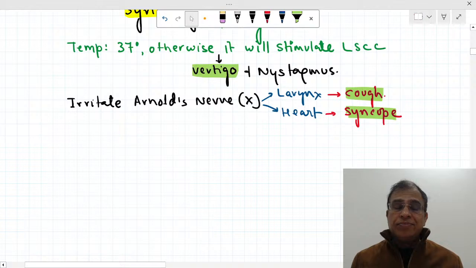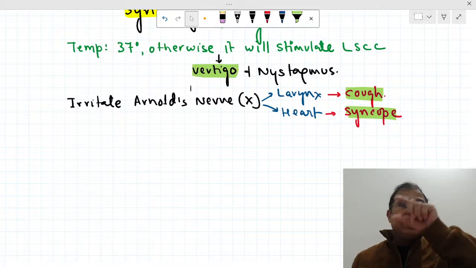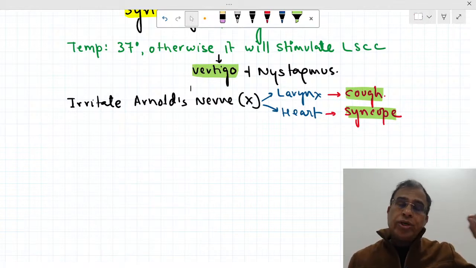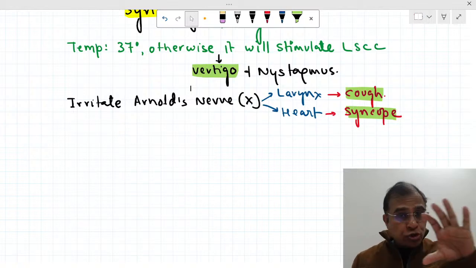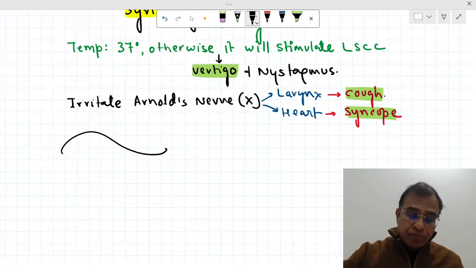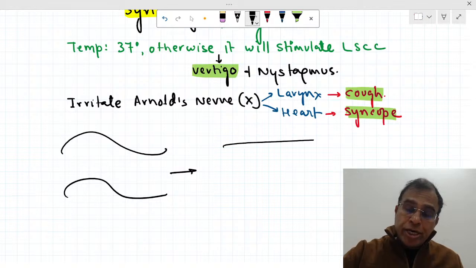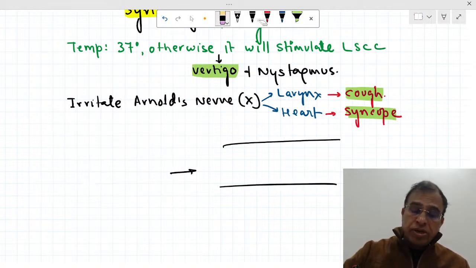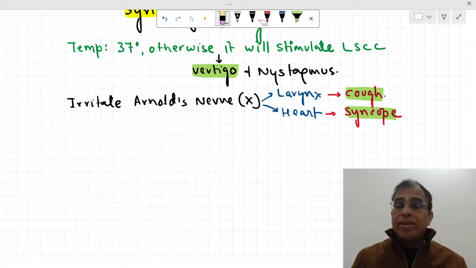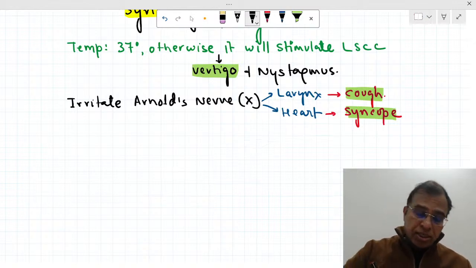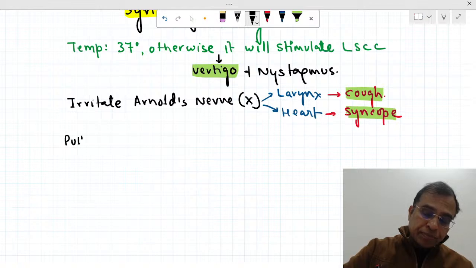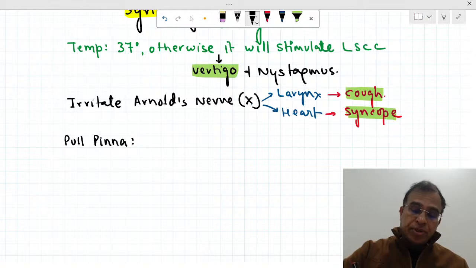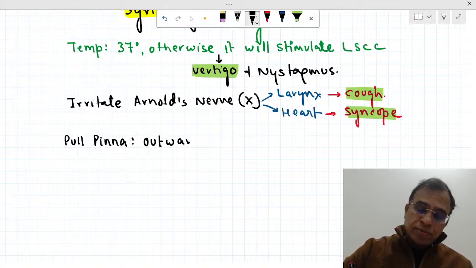And the last thing is, I told you the canal is S-shaped, isn't it? So during syringing, if you can make the S-shaped canal straight, then the wax will come out more easily. The foreign body will come out more easily. So how do you make the canal straight? By pulling the pinna. And the question is, in which direction do you pull the pinna? Very, very important MCQ. It is pulled outwards,